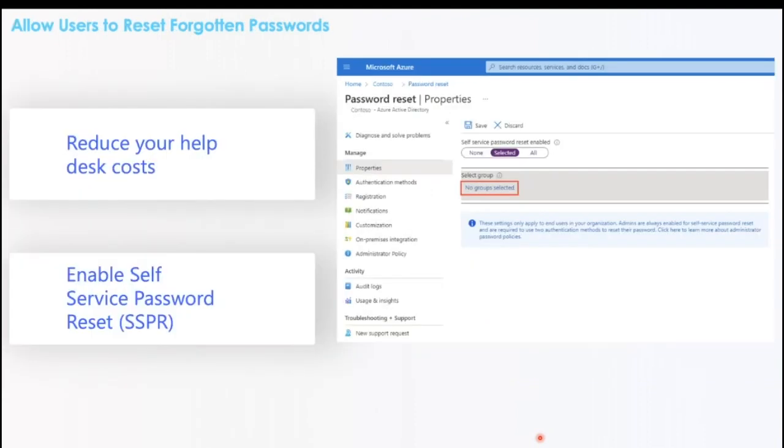There's also similar SSPR, self-service password reset capabilities. Again, if you go with passwordless and you no longer have a password dependency, it doesn't become as important, but in the interim, you have single sign-on, and you can enable self-service password reset, where users, if they have a second form of authentication configured, of course, can enter their username, authenticate on their phone using the Authenticator app, as I showed earlier, and then they're able to reset their password.